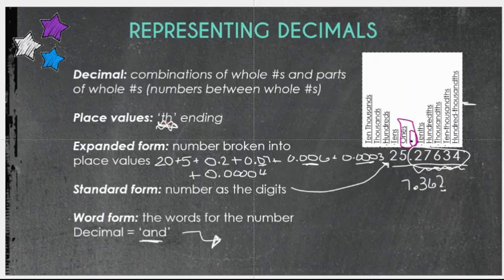If I had 7 and 3, 6, 2. All right, so the 2 is ending in the thousandths place. So I would read this as 7 and 362 thousandths. This would be 29 and 21 hundredths because the 1 is in the hundredths place. If I wanted to go all the way to the 10,000ths place, then this would be 2,176 10,000ths. So 29 and 2,176 10,000ths. And that is our quick overview of representing decimals. Let me know if you have